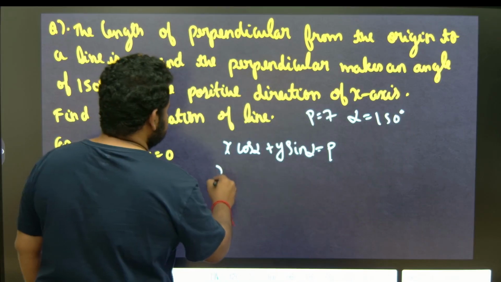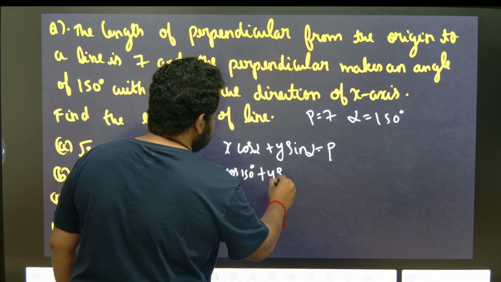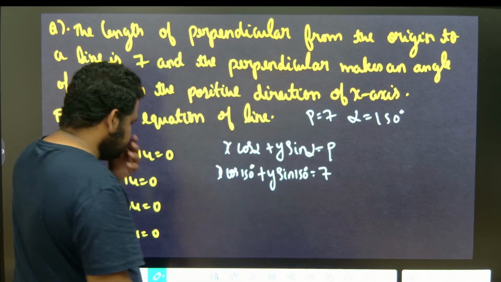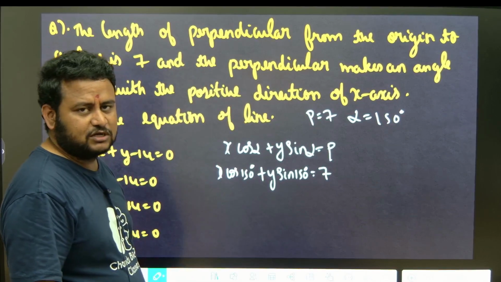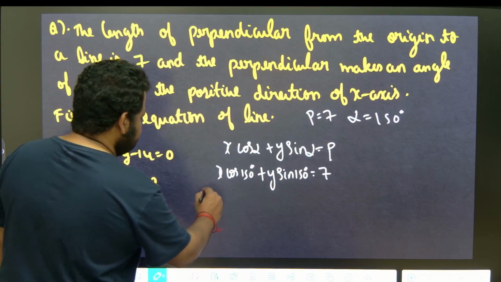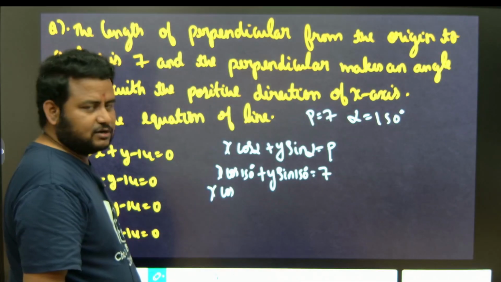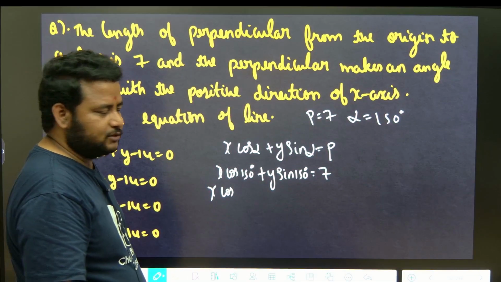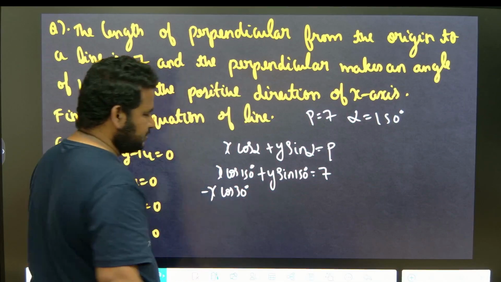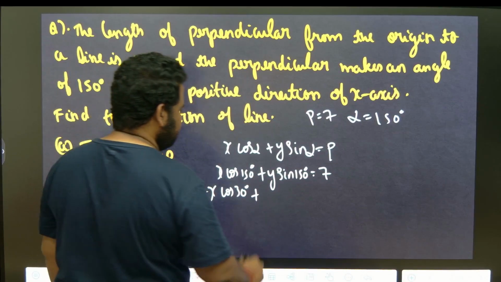So if I write it as x cos 150 degree plus y sin 150 degree is equal to P, which is nothing but 7. Now cos 150 can be written as cos of 180 minus theta. So cos of 180 minus theta is minus cos theta, that is nothing but x cos 30 degree. In the second quadrant cos will be negative, right? Cos will be negative. So this will become minus x cos 30 degree, and y sin 150 degree. In the second quadrant sin will be positive, so this will be y sin 30 degree